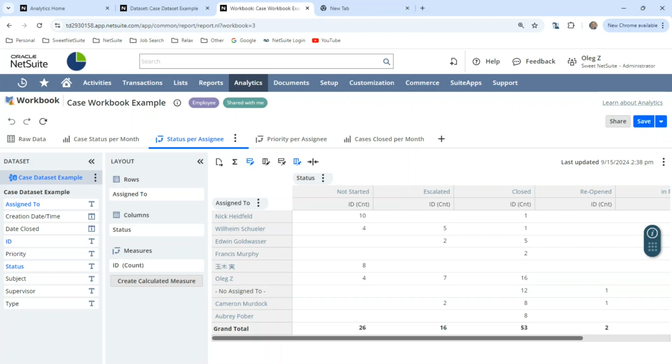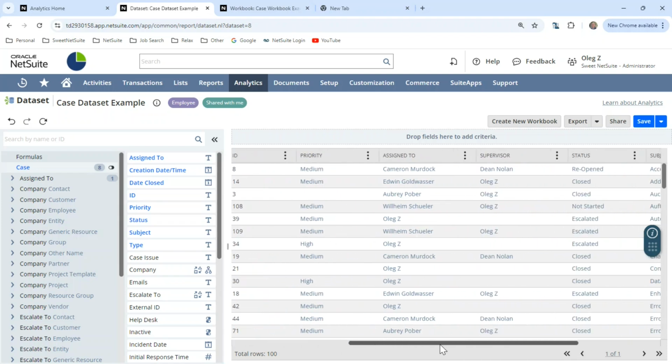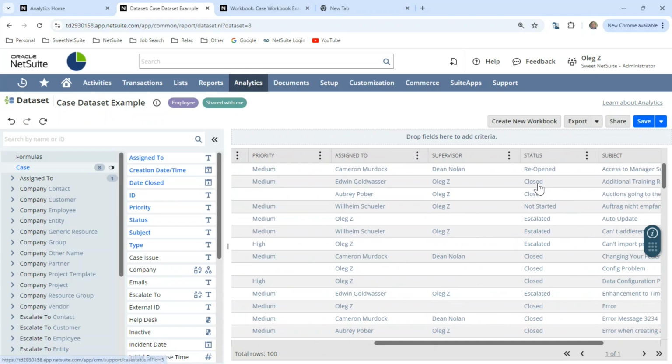Also, remember to always filter your data set. So for instance, like we covered before, if you don't need closed, there is no point in bringing that to your workbook if you're not going to use it. Right now, in this case, when you only have so few results, that doesn't matter. But once we go into more deeper examples on